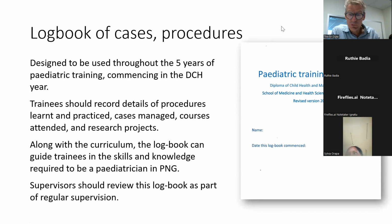Sometimes when people look at it, they feel quite daunted by all the things they need to fill in. Well, you don't need to fill it all in, but it's really a guide. It's a guide to the sorts of cases that you would aim to see throughout your training, the procedures that you should aim to learn, the courses you should attend, and it's like a diary that if you start now and then throughout the 5 years of your training, you keep filling it in from time to time, maybe once a week, or whenever